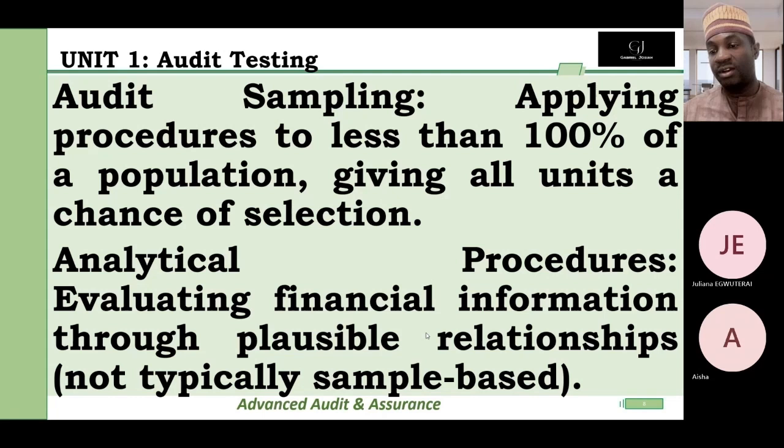Then analytical procedures, you evaluate financial information through plausible relationships, not typically sample-based, like you are looking at in detail. You may not be 100%, but maybe 80, 90%. You analyze to see that the relationship between those transactions are related. And out of that 80%, you could derive evidence that, oh, these people have followed the process 80%. By every standard, if somebody does 70% in an exam, it is distinction. So if you've tested 70% and you find out these transactions are matching, like the three-way match system in your analytical procedure, if you've done 70%, you can tell yourself, oh, from the audit, I may not kill myself to